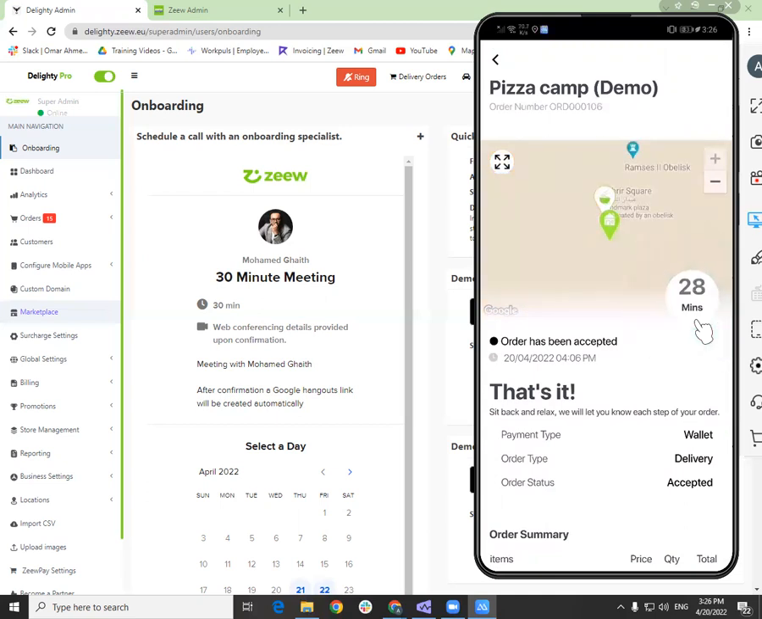Now, what does this particular counter contain? It contains 3 main things. The first thing is the traffic time that the courier will be taking, along with the preparation time that we've inputted, the 20 minutes. And the third thing, which is quite important, is a 10-minute margin of error,